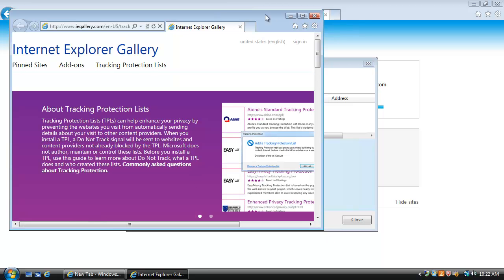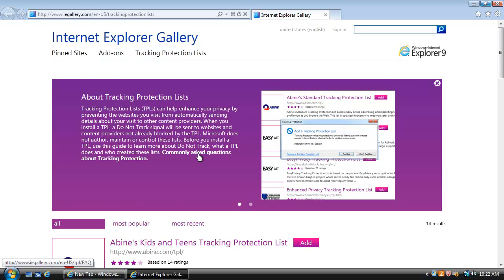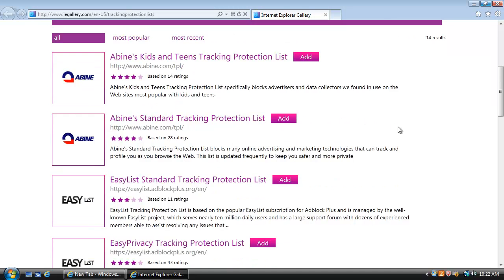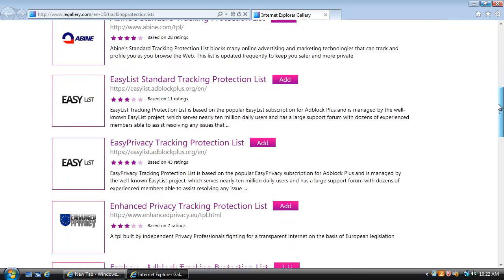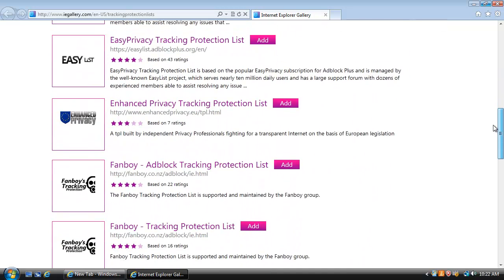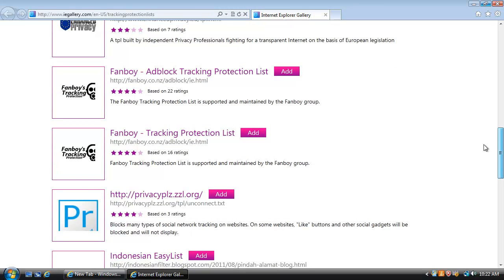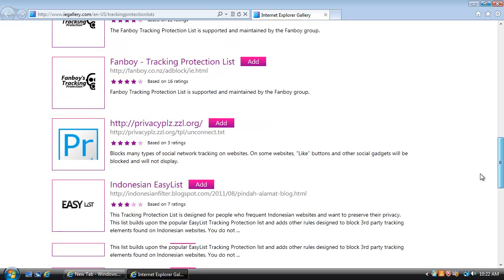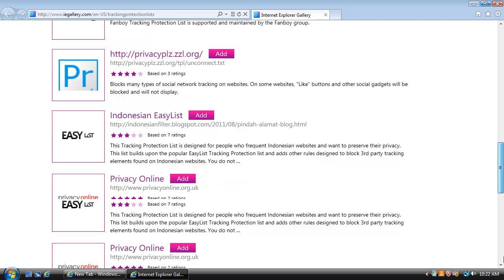It's so funny that I hardly ever use Internet Explorer because it's just too unstable. Alright, so you have the kids and teens tracking protection list, the standard, the EasyList, EasyPrivacy, the enhanced privacy, Fanboy's. Yeah, so you got a bunch of